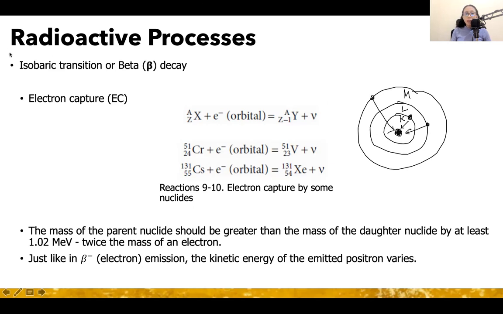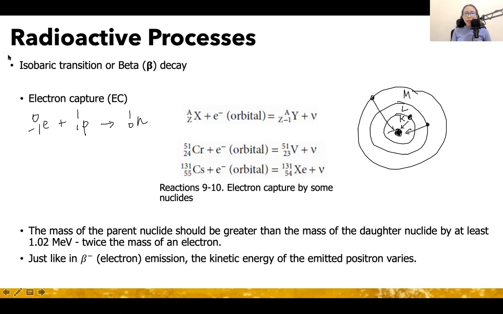Of course, the one which can occur with the highest probability is from the K orbital, followed by the L, and the one with the least probability is the electron from the M orbital. So that's why it's called electron capture. Now, what is happening in an electron capture? You have an electron captured by your nucleus. This combines with the proton, forming a neutron,